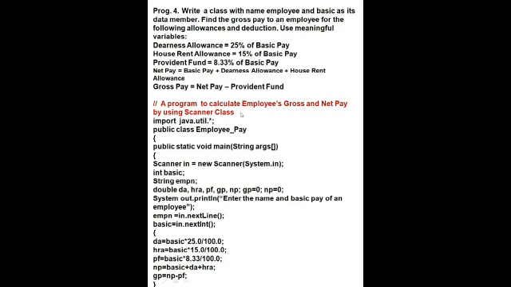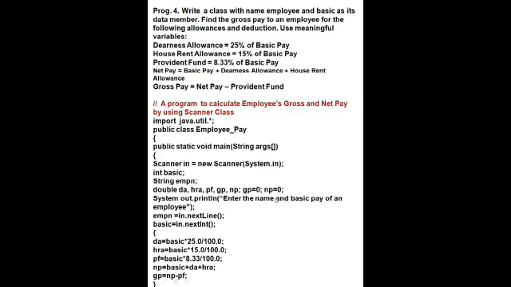Same as before, first we will write the message, then class name, public static, Scanner in. Now in this, first we want int basic, so we will write basic. String employee name, so we will write EMPN. This is the employee name. Double, because they are divided by 100, so we will take double: DA, dearness allowance, HRA, house rent allowance, PF, provident fund, GP, gross pay, NP, net pay. Gross pay we don't know, so it is 0, and net pay we don't know, so it is 0, because we will find both of these.